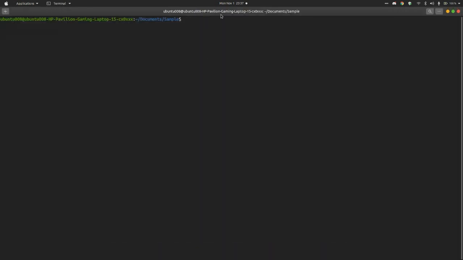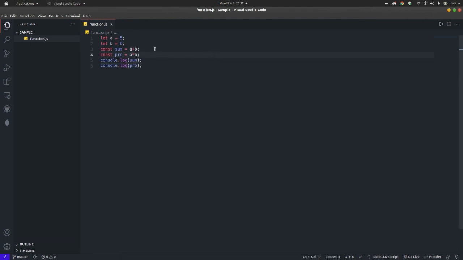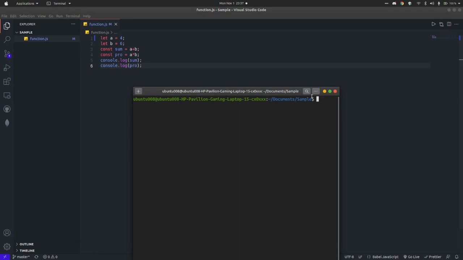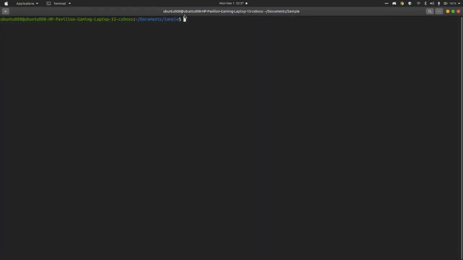Suppose I need to make some changes, like replacing a equals 5 with a equals 4. Very minor change. Let's see how we can push this change to our repository.